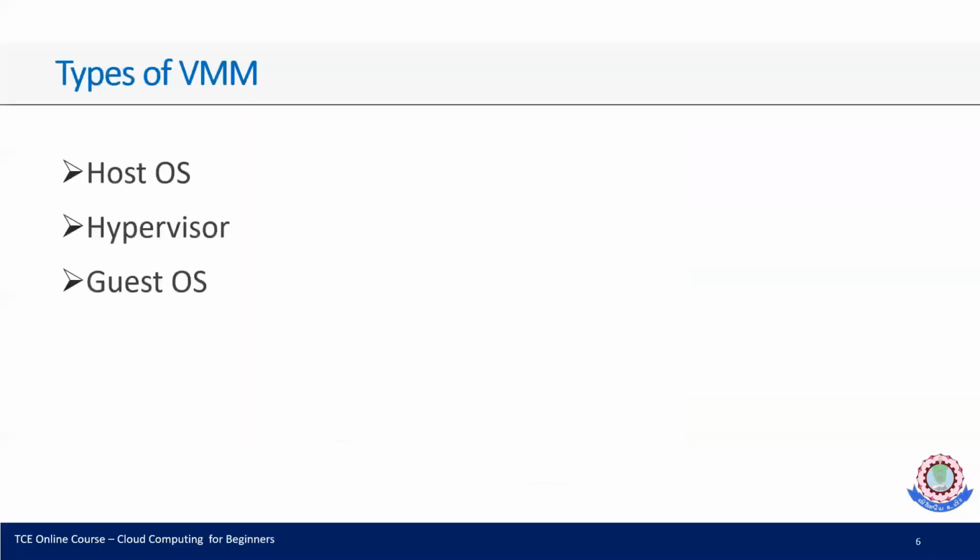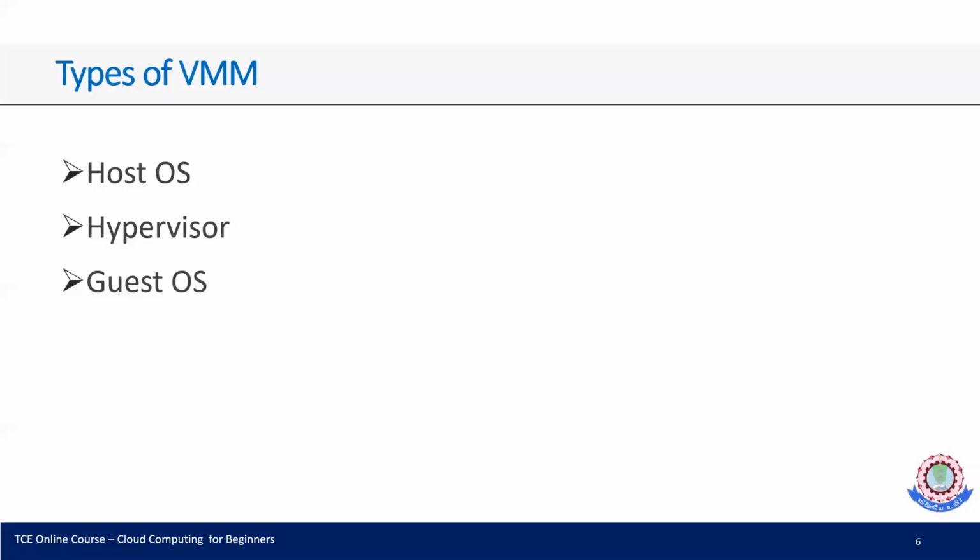Types of VMM. One is called the host. Second one is called the hypervisor. Third one is called the guest. Otherwise, you can call it as server. Host OS is the first type. In this method, VMM is installed on the host OS and runs the computer with no modification of the guest OS.